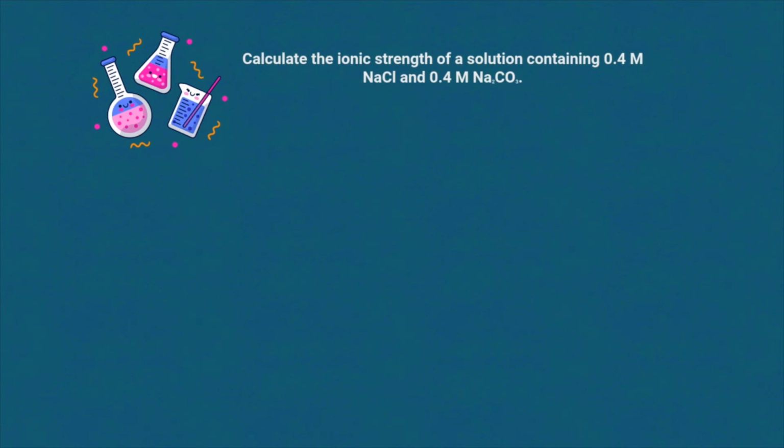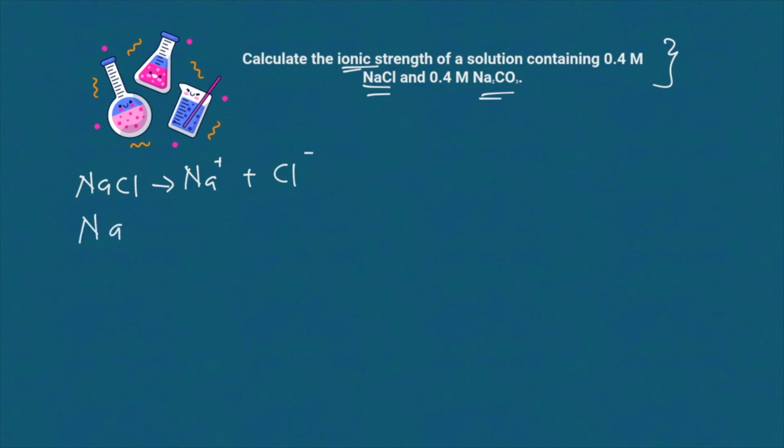Calculate the ionic strength of a solution containing 0.4 molar of NaCl and 0.4 molar of Na2CO3. So you were asked to calculate the ionic strength of this mixture. Alright, so the first thing that you need to do is you need to know how this substance dissociates. So the first thing is NaCl. It's very familiar to everybody. So Na+ and Cl-. So what about for